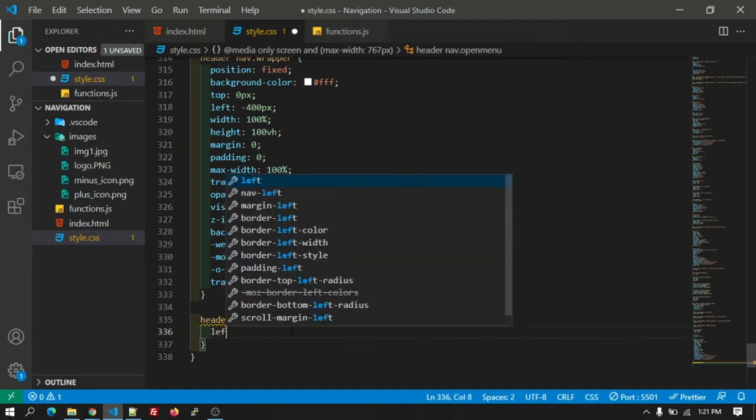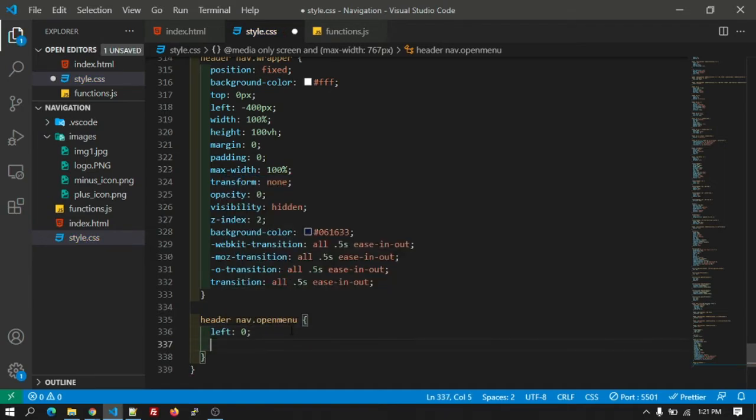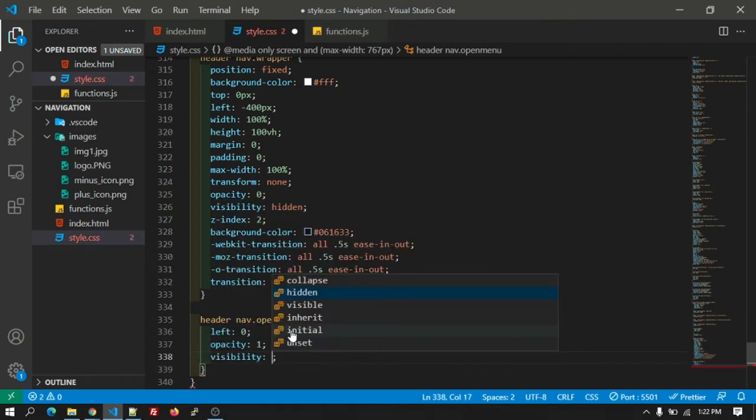Let's add the CSS for that. Left 0 and the opacity 1, visibility visible.